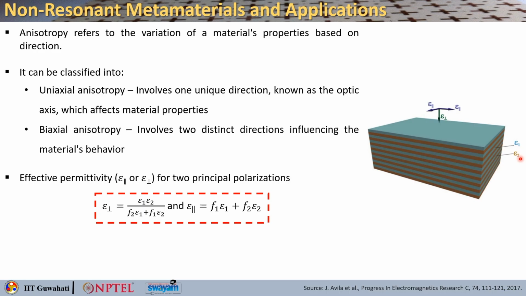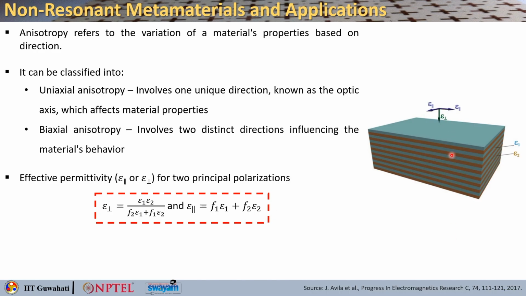Now, for the two components in this multilayer stack, if we consider the volume fraction of material 1 as F1 and for material 2 as F2, F2 is nothing but 1 minus F1. In that case, you can say that the effective permittivity along the two principal polarizations, that is, when the electric field is polarized along the plane of the interface, epsilon parallel, it can be this direction or this direction, can be simply written as F1 epsilon 1 plus F2 epsilon 2,